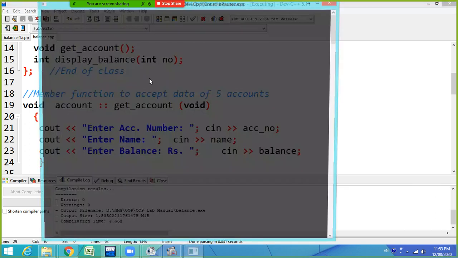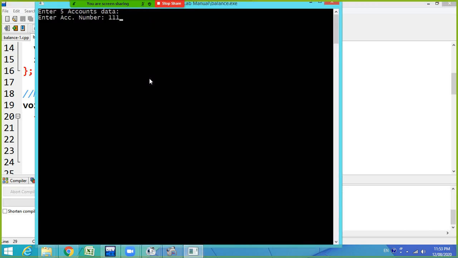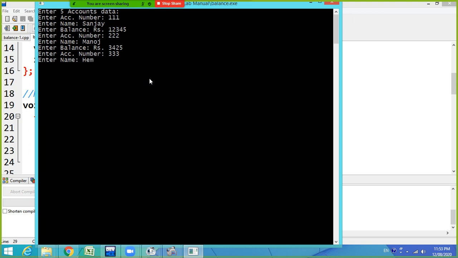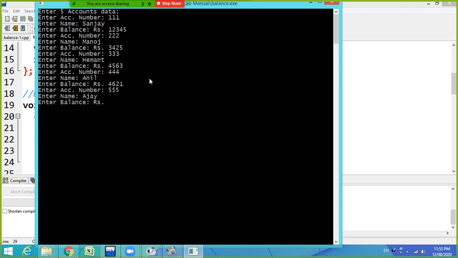So compiling is going on, and this is your output window. 111, first account information I am entering, the balance, second account number, another name, another balance, third account, the balance, fourth account, balance, fifth account, and its balance. Okay, now my input is finished.